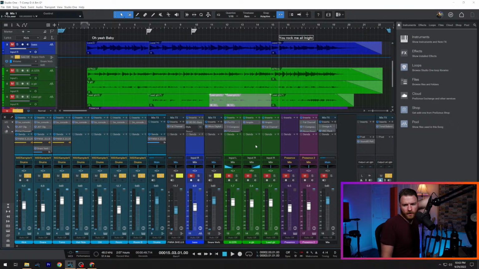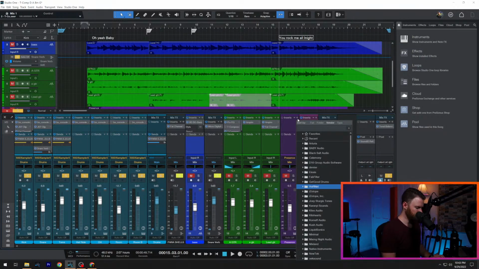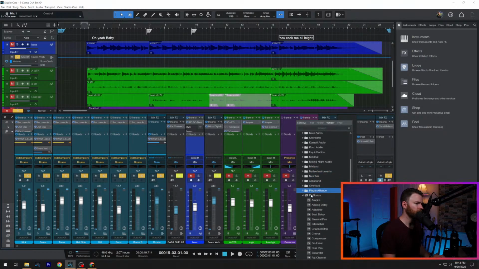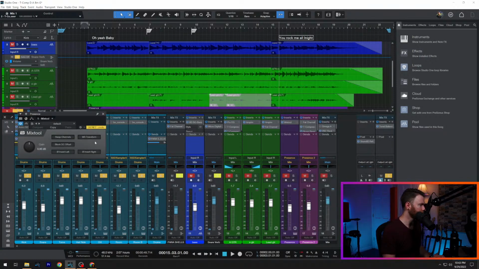Mid-side, Chris Davis, what are you asking for mid-side? Because you can do mid-side if you use the splitter tool if you're working with Studio One Pro. You have the splitter, and with the splitter you can do channel splits like that. So you can do your mid-side encode and decode. Essentially you put a plugin before your splitter, and I forget exactly which one it is. It is one of the Presonus ones. I forget the name of it because I don't do it that often. It's the Mix Tool, MS Transform. Put MS Transform, and then you put your splitter,